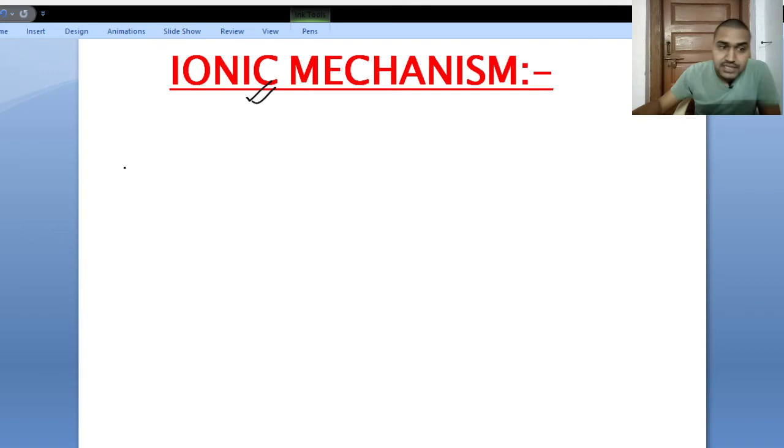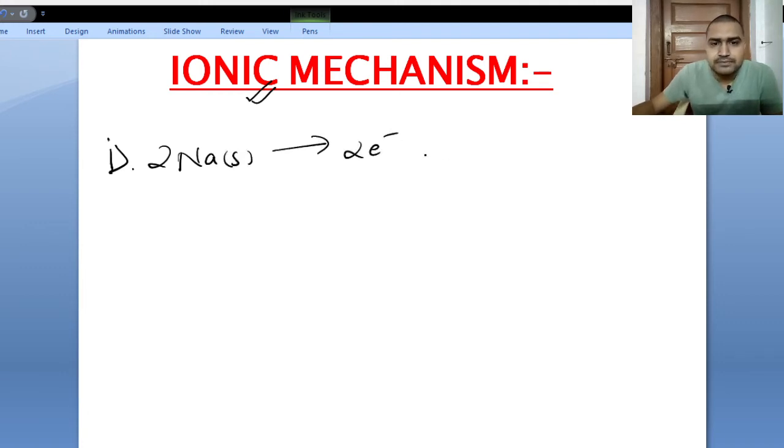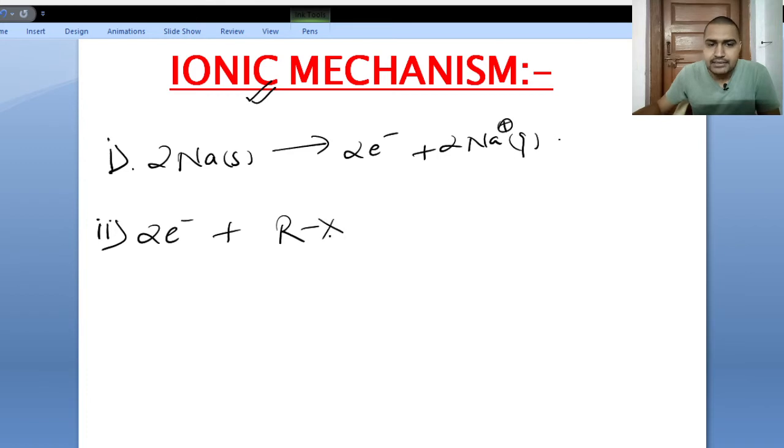For the first step, if we take two sodium atoms, they release 2 electrons and 2 Na+ in gaseous state. In the second step, these 2 electrons attack the antibond of RX, and the halide, being more electronegative, takes away both the electrons heterolytically